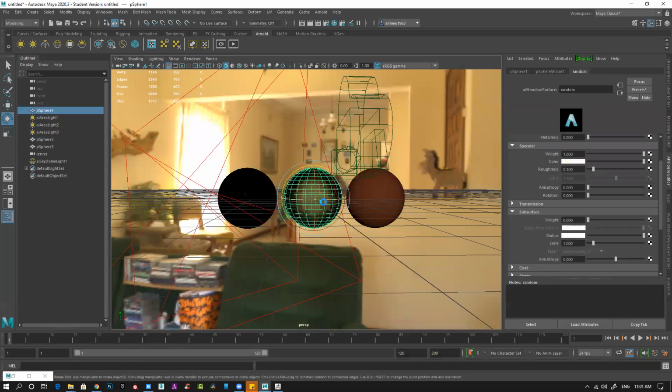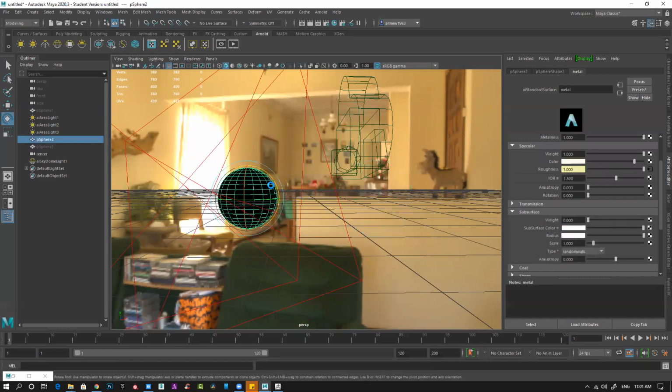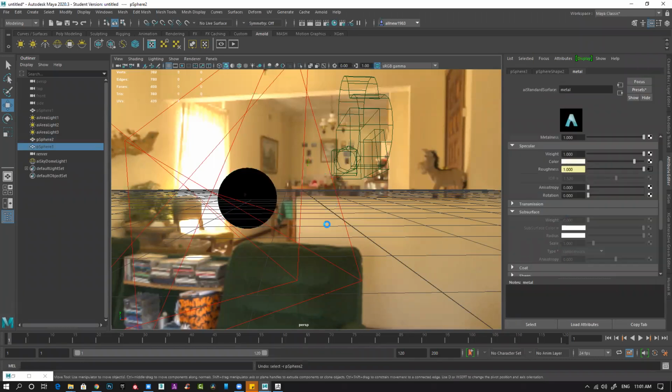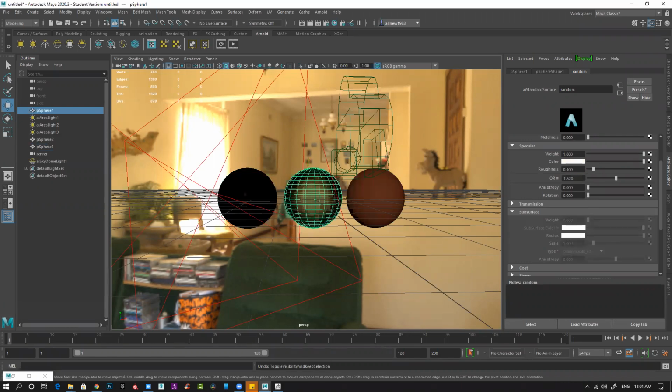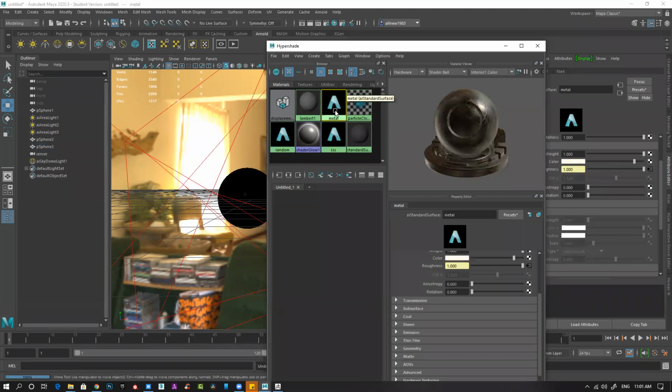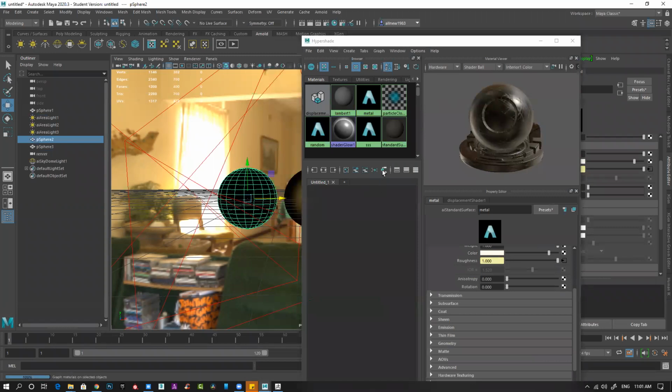Okay, let's hide, hide, hide, and simply duplicate this, and everything has to stay the same. So what I have to do is undo. I'll go to Hypershade, this metal. I'll select this, graph the entire network.